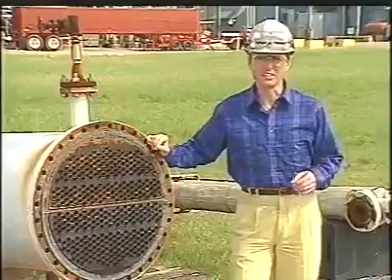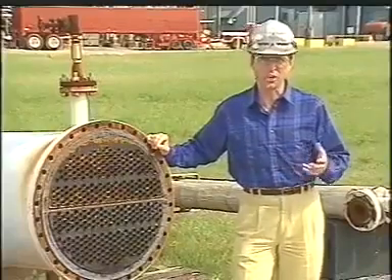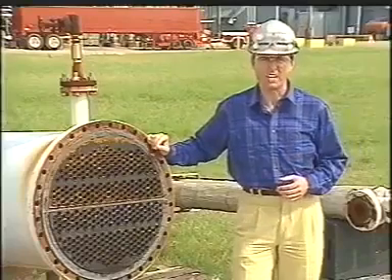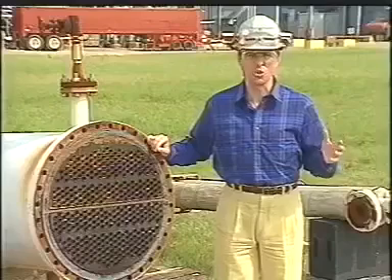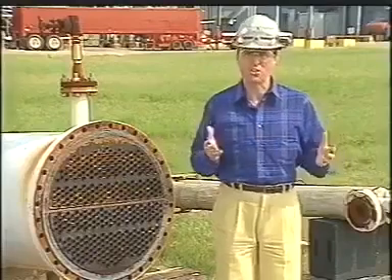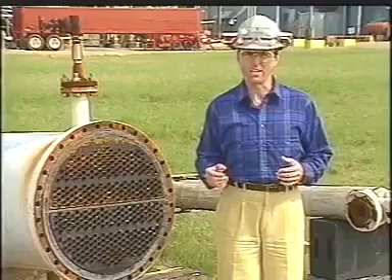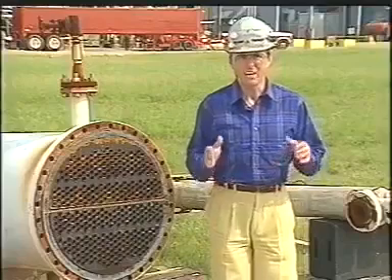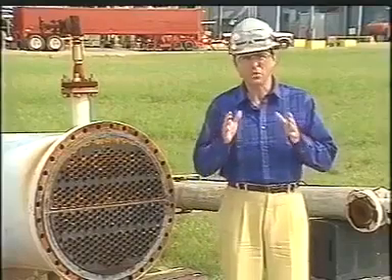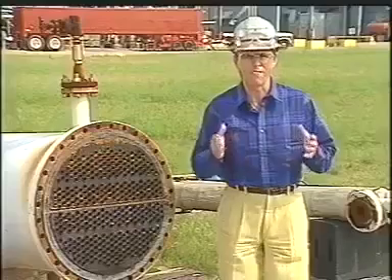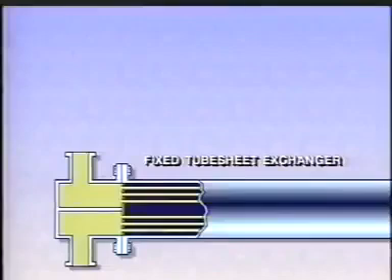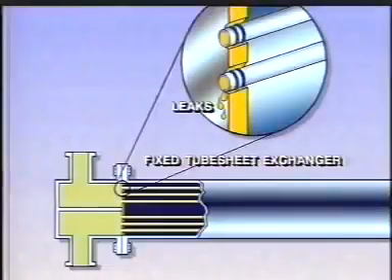Despite careful design considerations, there are some problems that occur whenever two fluids with different temperatures run through the same piece of equipment. This is because metal expands and contracts in length because of changes in the temperature. Even under normal operating conditions, this natural process will stress certain parts of the exchanger. In a fixed tube sheet exchanger, the tubes and tube sheets are permanently attached or fixed to the shell of the exchanger. Whenever these parts expand and contract, the tube joints undergo stress. Eventually, this stress may cause leaks to develop at the tube joints.